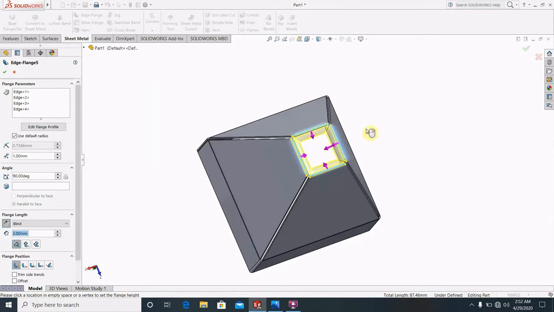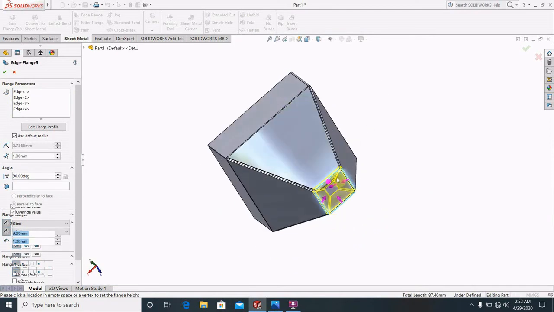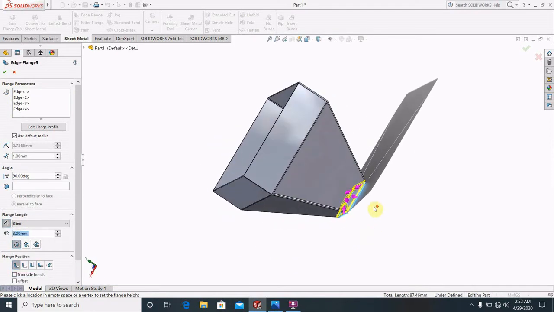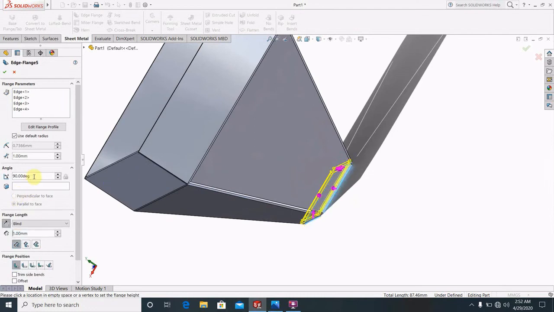Just select these boundaries, and if you make the angle 25 degrees, then you can see that, and the length will be 25. No, the angle will be 90. Just 90.